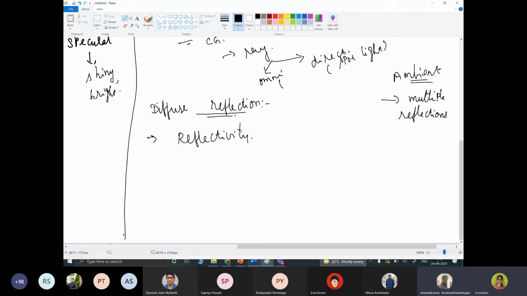The reflectivity for a white surface will be 1 and the reflectivity for a black surface is set as 0.